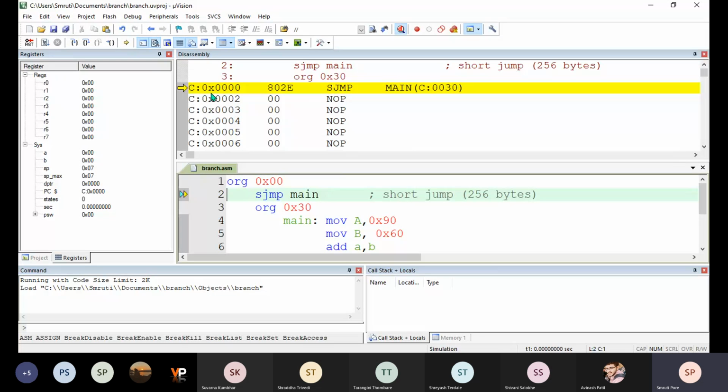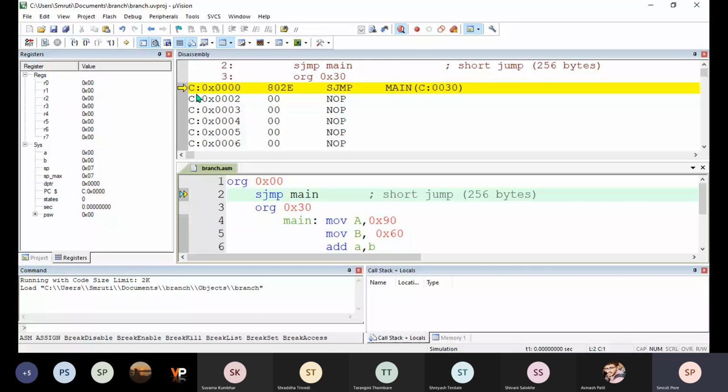So it is highlighted by yellow color. So it is C colon. C colon means it is stored in code memory. Okay, C means code memory or your program memory or your ROM memory, sorry.